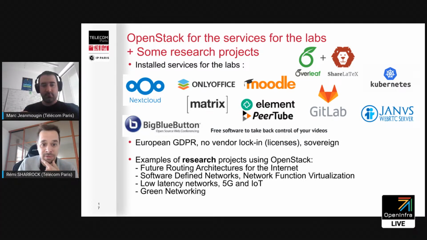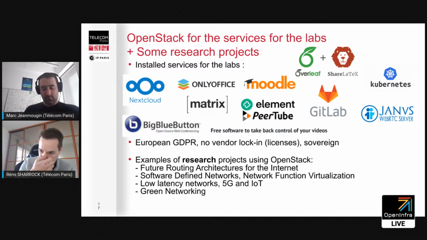We do have a GitLab also, PeerTube for videos, almost like YouTube, Big Blue Button for web conferencing. We also use Matrix a lot with some of the projects, Matrix and Element for chatting. So these are examples of services installed on the OpenStack given to the faculty. Some of them are partially open to the partners outside of the school also.